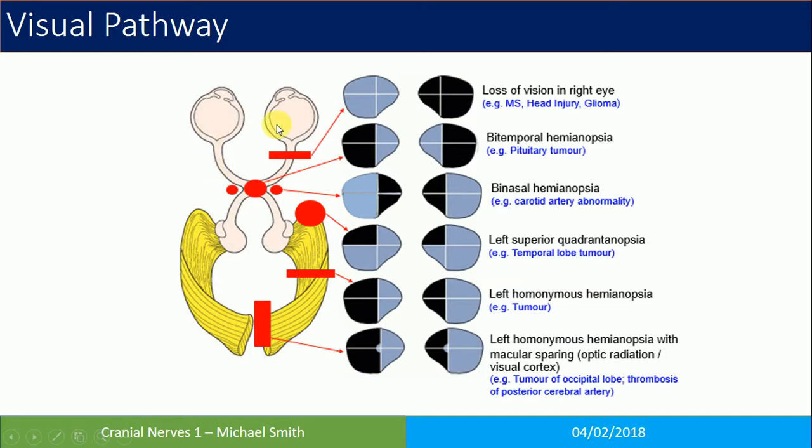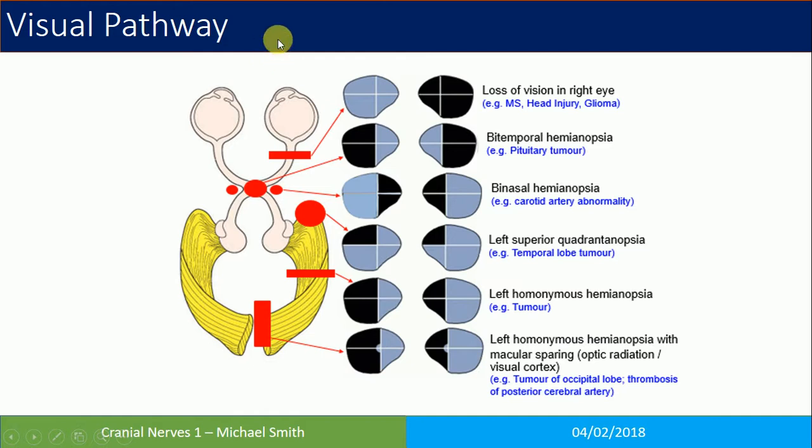So this diagram here shows our visual pathway. And it's important to remember when you're looking at the visual pathway, you've got this part of your retina and this part of your retina. So you've got left and right, and that's on both eyes. But because of the way light enters the eye,